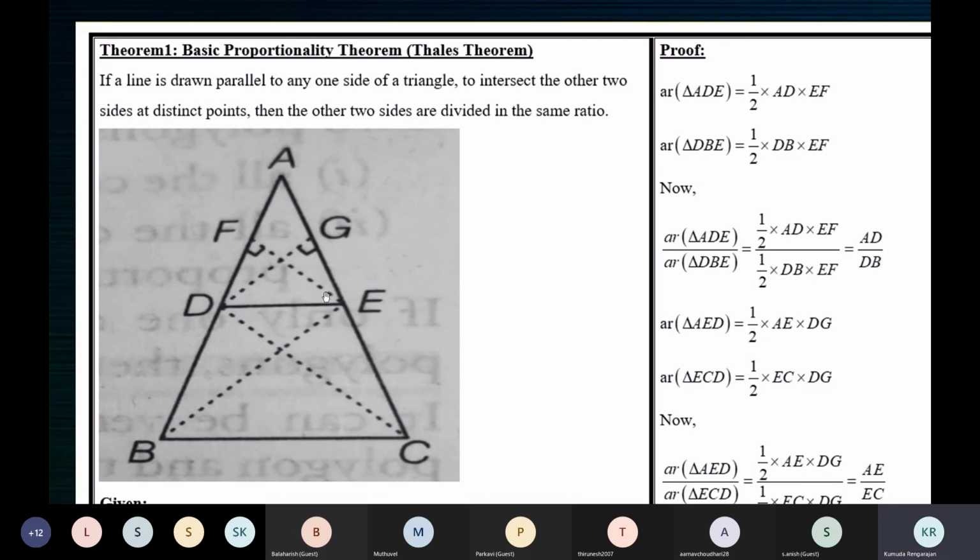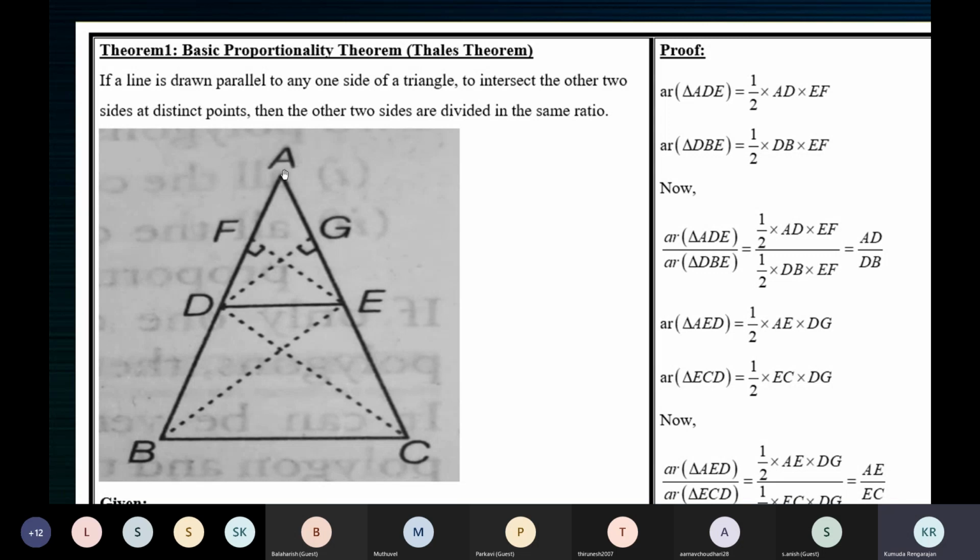To find the area of triangle ADE, half base AD into the corresponding altitude EF. The corresponding altitude is the altitude that falls on that base. EF is the altitude on the side AD. So if you take AD as the base, EF is the altitude: half AD into EF. Similarly, for the other triangle DBE, the area is half into